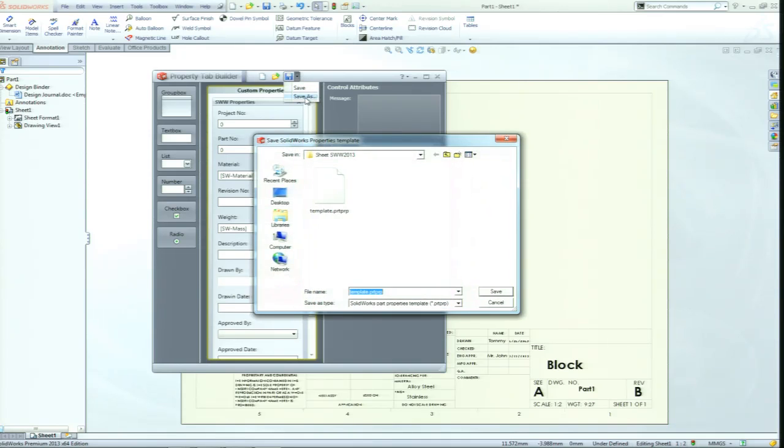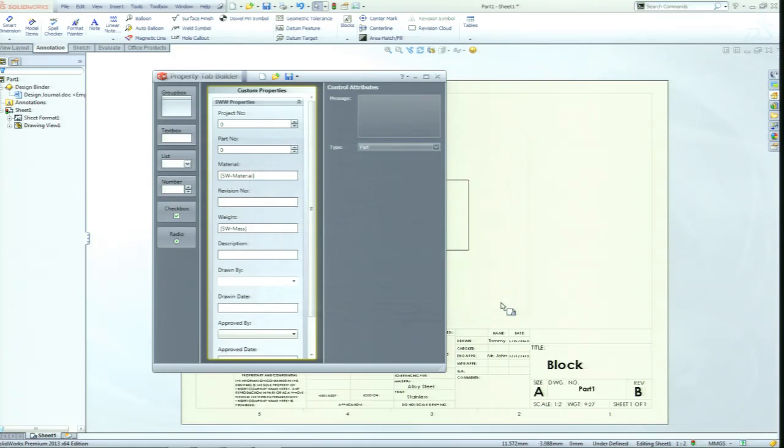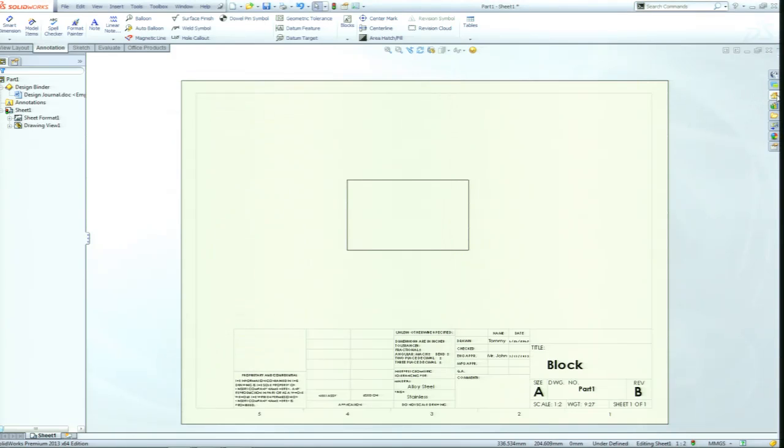And if we do a save as, then it's going to put it into the folder where my templates are located, where SolidWorks file location says that my part templates are located at. Okay? These are custom properties. Now, if I close this and we open up a new one,